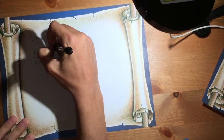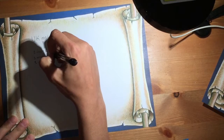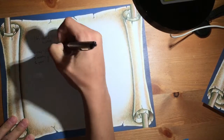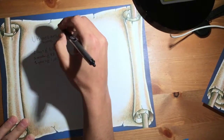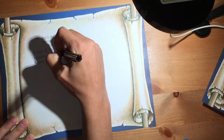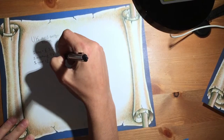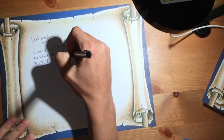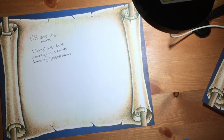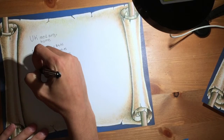The average medium housing electricity cost in England is categorised by day, month and year. So 1 day is equal to £3.20, 1 month is equal to £97, and 1 year is equal to £1,163. As we convert pounds to American dollars to get an idea of what the cost would be, 1 day